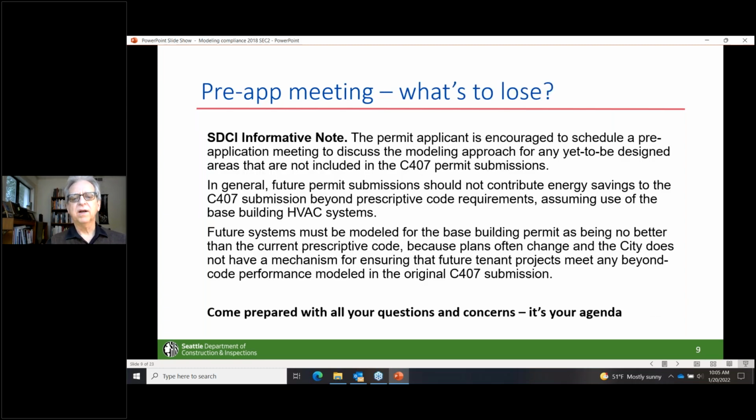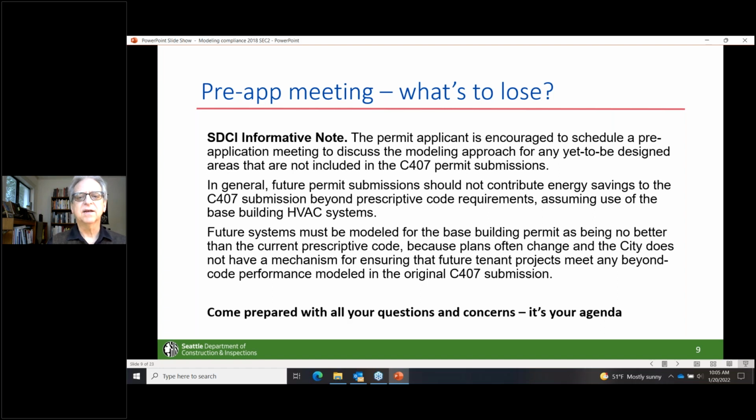I wanted to just mention before we get too far that if you're submitting a project using energy modeling, you're encouraged to schedule a pre-application meeting. It's your meeting, and you're paying for it, so you can set up the agenda the way you like.